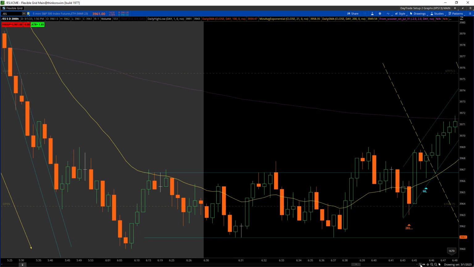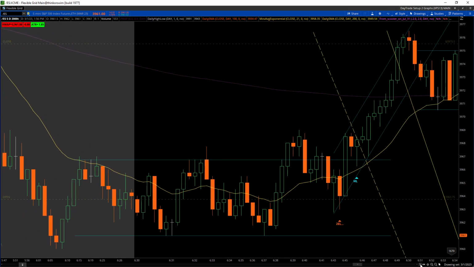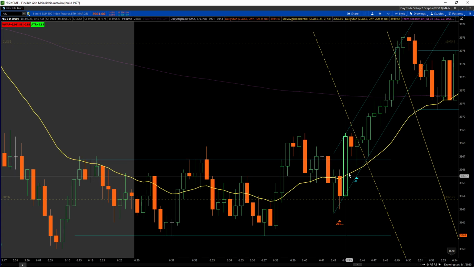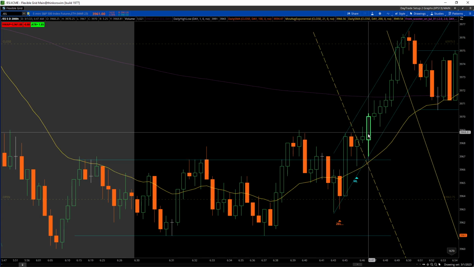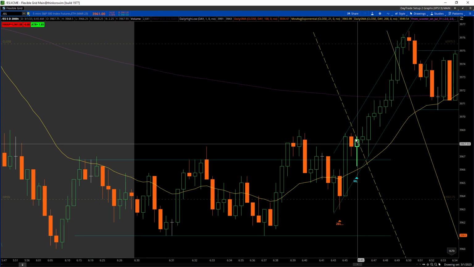So I took that trade. It was profitable. It's green, and it looked like it would have ran up pretty nicely. But I got stopped out of my runner because I got my entry here, and then I moved my runner to break even, and then it got stopped out on this candle,